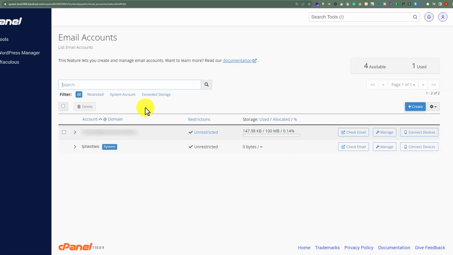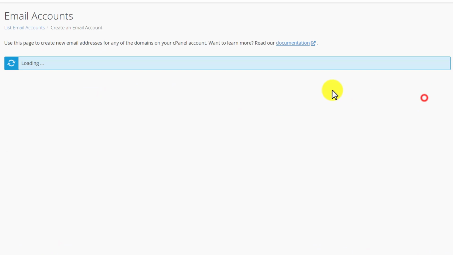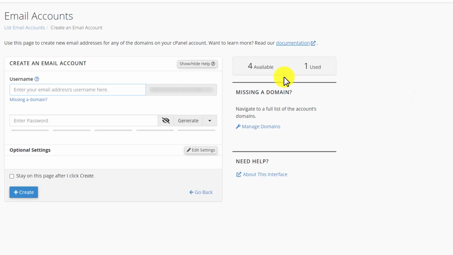Now to create a new account, click on Create, and now here we need to enter our email account details. And if you have multiple domains on your web hosting, then you need to select your domain from here. As I have only one domain on my web hosting, it is already selected. So now I am going to enter my email username here,